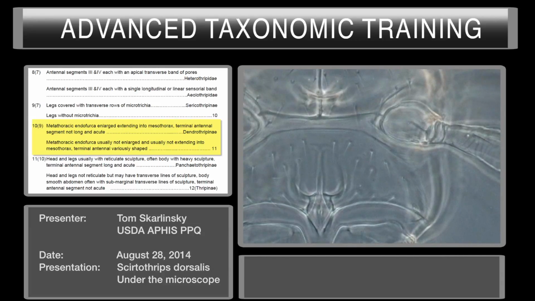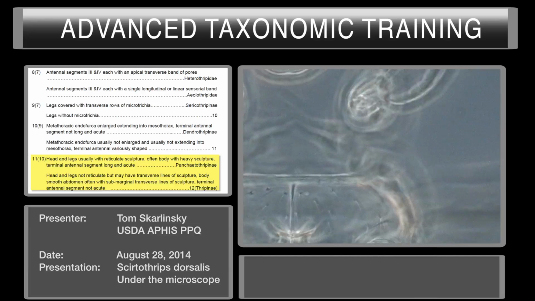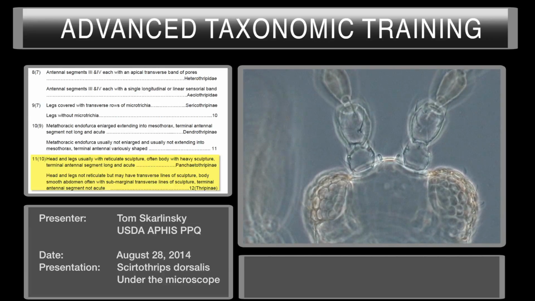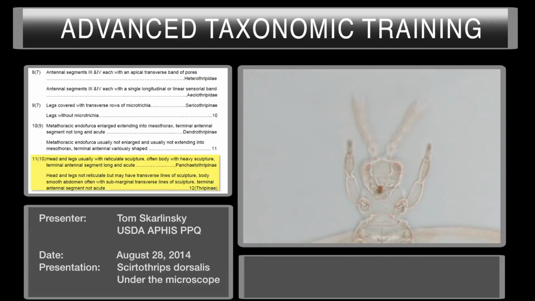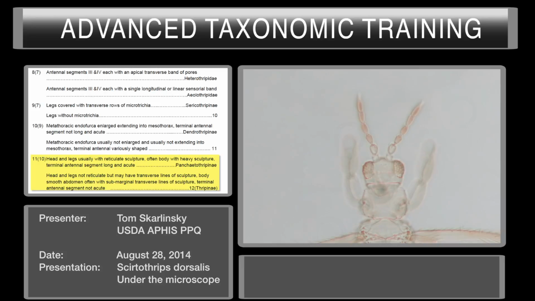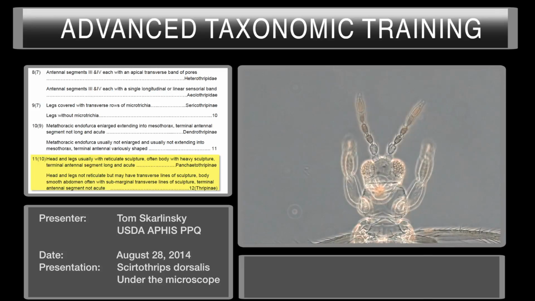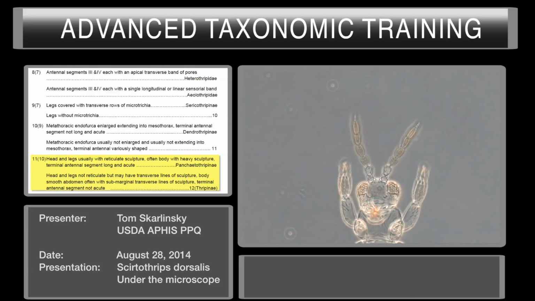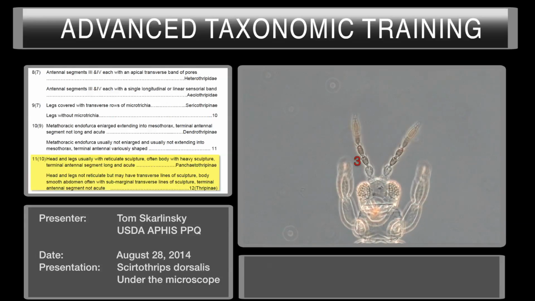Okay, moving along, now that we've covered the metathoracic endofurca, let's just take a quick look at the antennal segments. And while we're up there, we might as well go ahead and make an antennal segment count. Let's see if we can adjust the focus so we can get the entire antenna in our field of view. We'll go ahead and focus as we move from basally to apically. So we have antennal segment 1, 2, 3, 4, 5, 6,